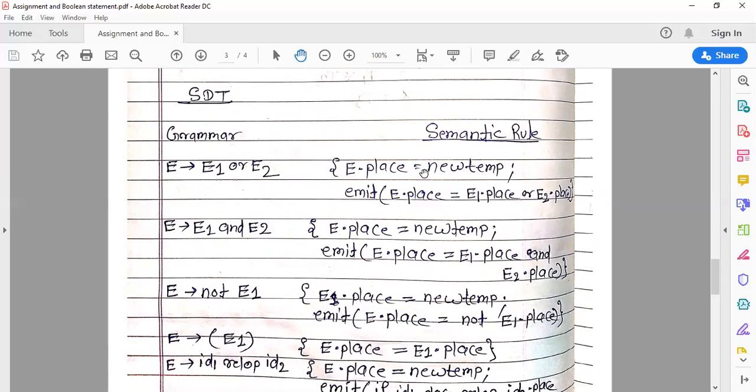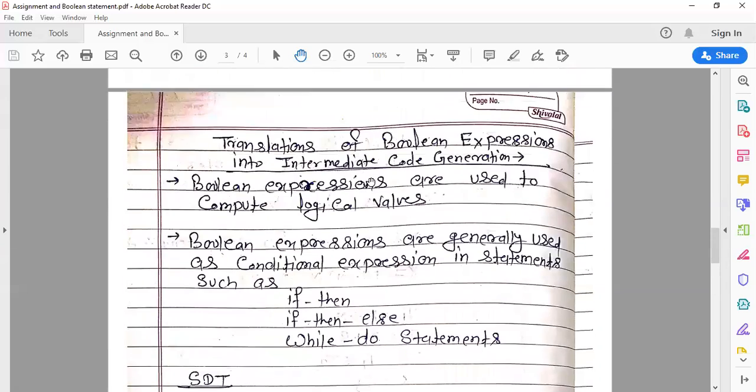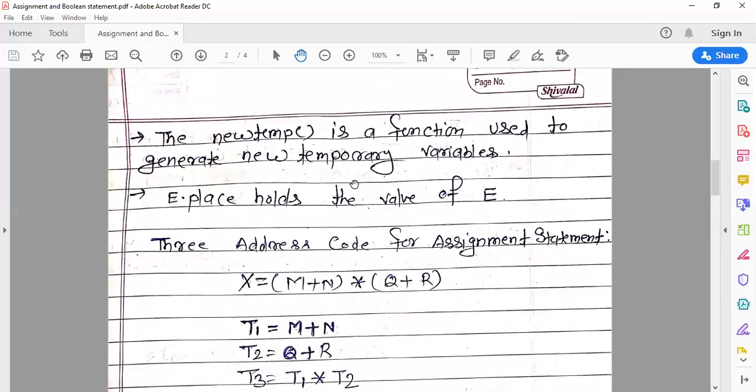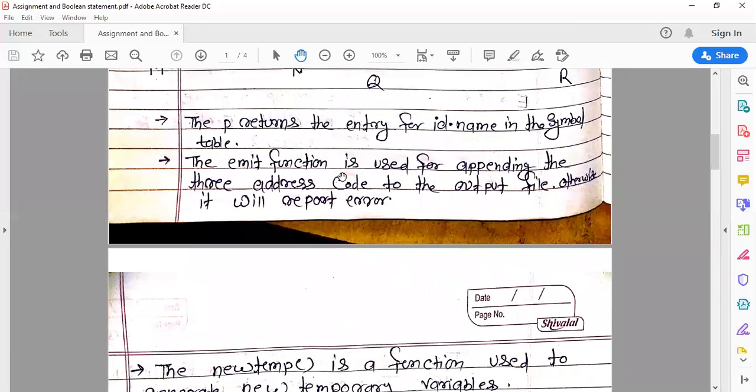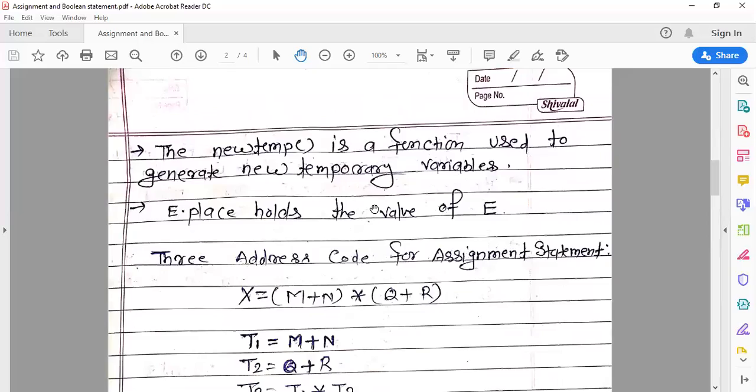In the assignment statement you have seen we have the same function emit. The emit function is used for appending the three address code to the output file, otherwise it will report an error.